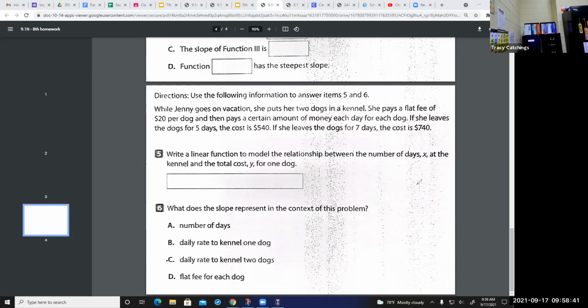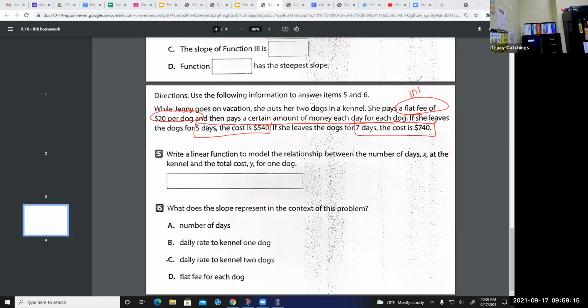Anybody, what you got? Why you say initial value is 20? Flat fee, $20 per dog. Certain amount of money each day for each dog. Okay, 5 days end up being $5.40. 7 days end up being $7.40. All right, so